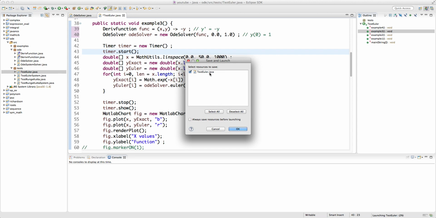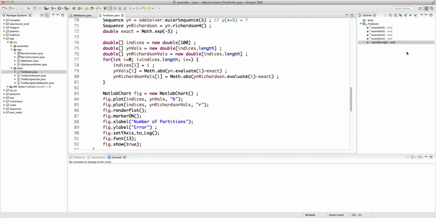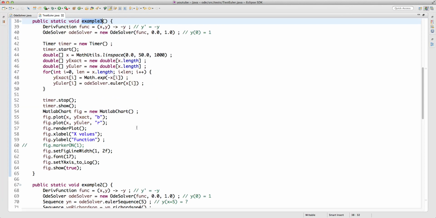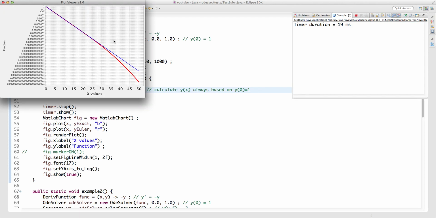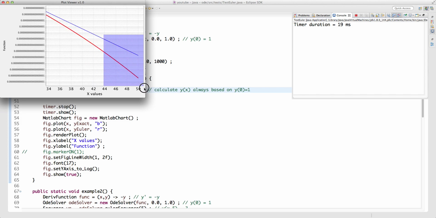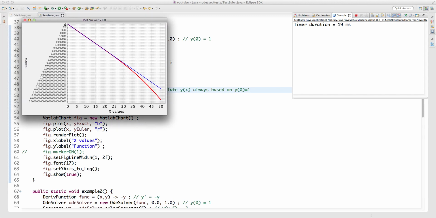So this is example 3. In example 3, what we're doing is calculating y of x always based on y of 0 equals 1. So we always use the original initial condition to find the value of the solution at some later point x, all right? If I run it, you see what happens. As we get farther and farther away, the error gets bigger and bigger. The blue one is the exact solution, the red one is the Euler solution, which is good for up to